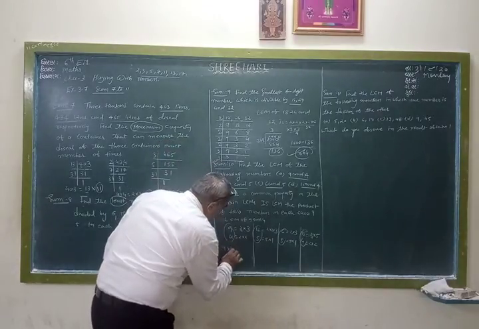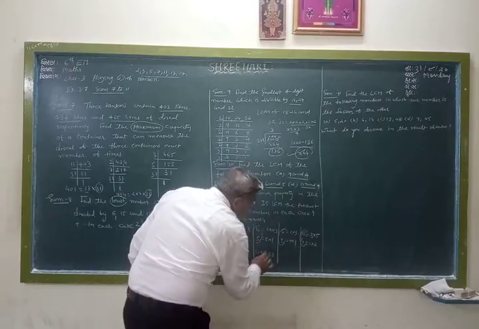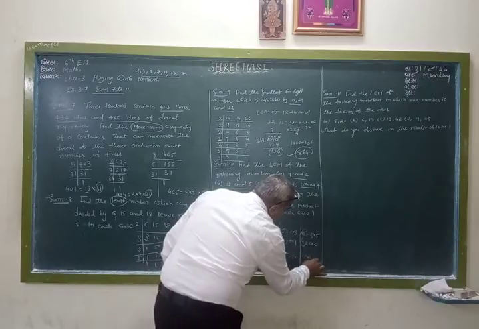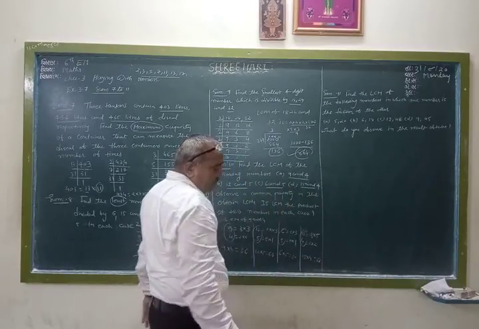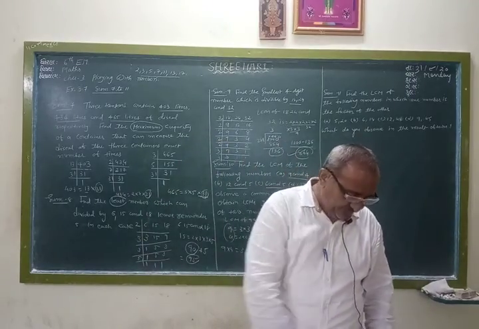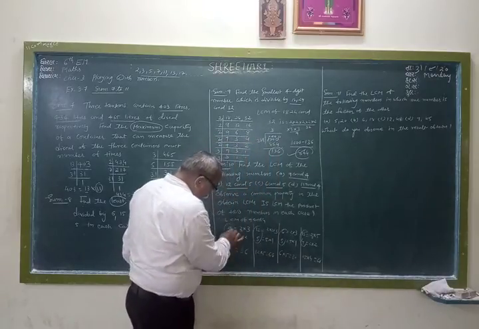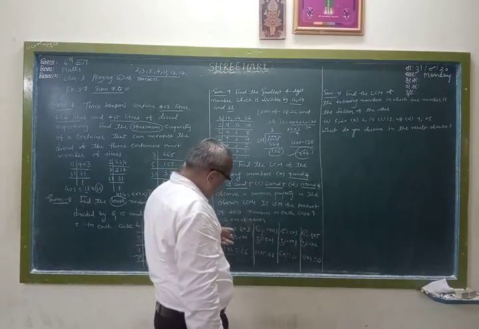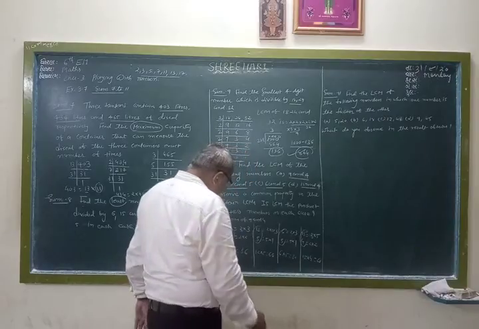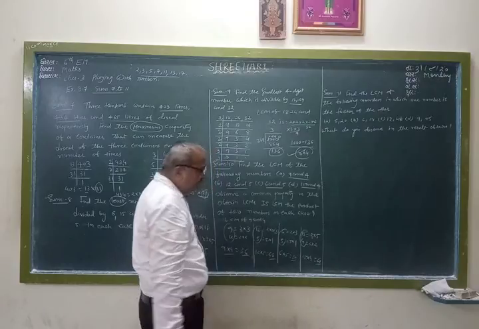9 4 ja 36. Then 12 5 ja 60. 6 into 5 30 and 15 into 4 60. All numbers, we can say that all numbers is a product of two numbers. 12 5 ja 60, 6 5 ja 30, 15 4 ja 60. And a third similarity we can see is all numbers are divisible by 6.